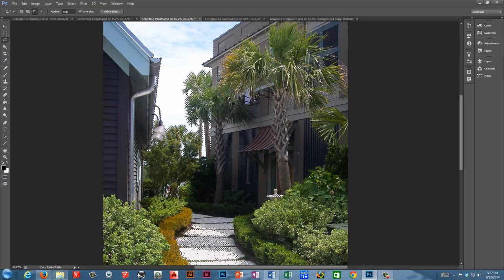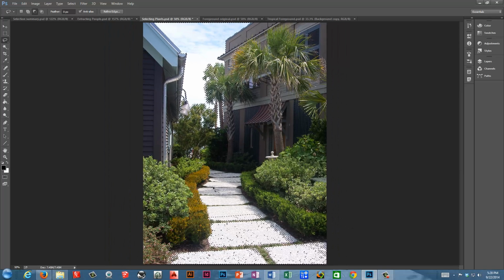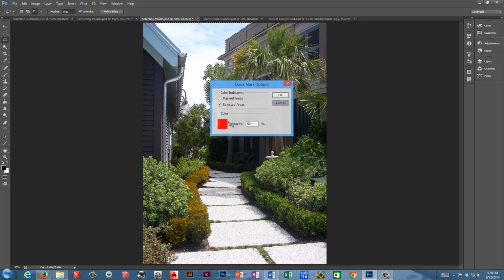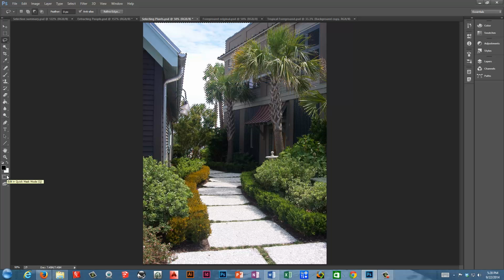Since I know everything outside here, I'm just going to draw down along this building, all the way along here, all the way up around, and just select that so you can see. Let me zoom out a bit. Do the same thing, just select all the way around here. And now if I go to my quick mask mode, you can see that all I have selected is the sky area. So in that case, the Magic Wand, in this case, the sky had a few patches of blue sky in there, but it was fairly uniform. I still have a little bit right in this area, so I'm going to go out of that mode,